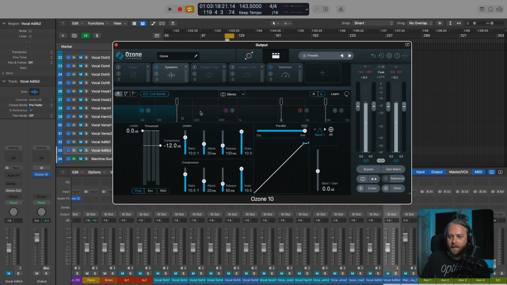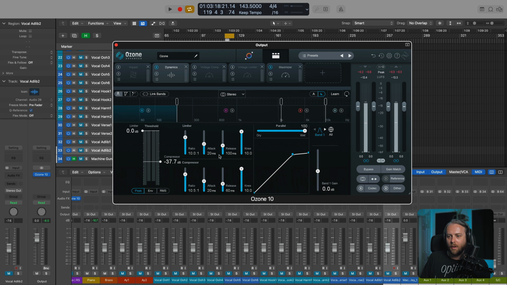If I go over to the second band, it's 10:1. The red band, the third one, it's 10:1 as well. Same as this one. If I want to bring the threshold down, they're all down. Okay, so you can link the bands and mirror the parameter changes that you make.